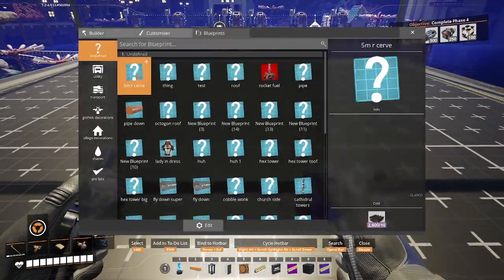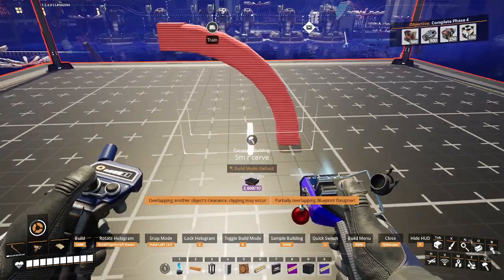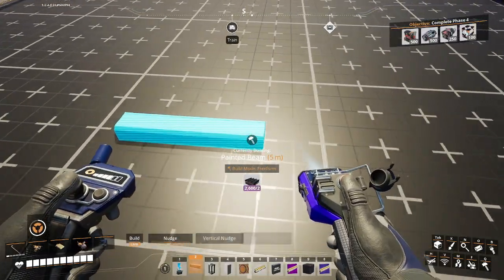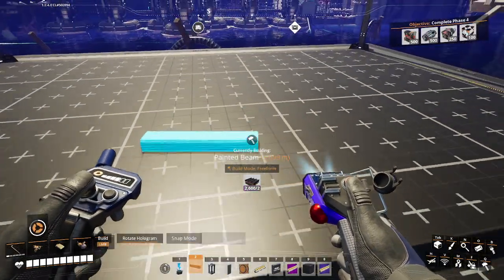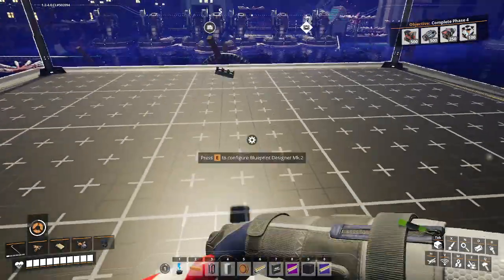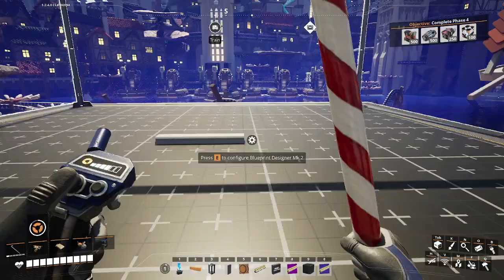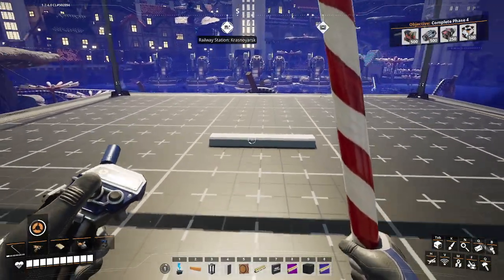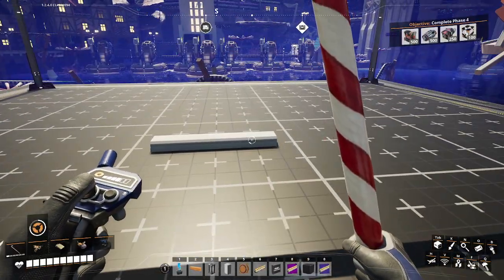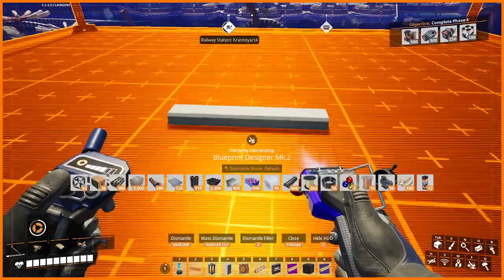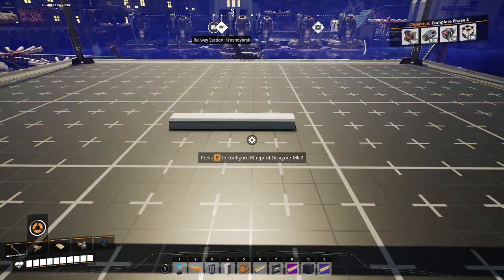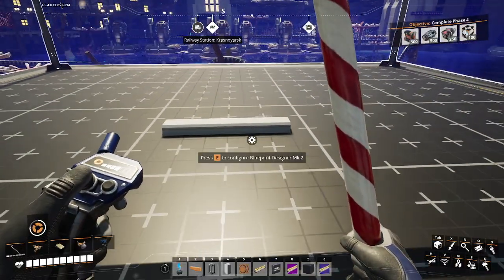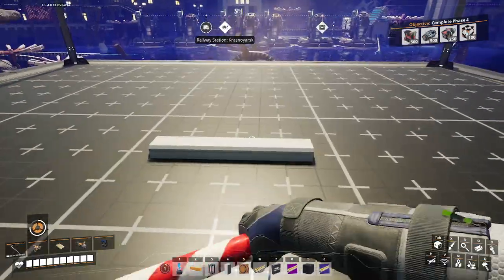But once you have your 5 meter radius curve, let's say I want to make a 6 meter wide window. When you're doing a window, if I'm doing a 6 meter curve window, the rule of thumb is halve it, then add 1, and that's the minimum that you can use in your curve. So for this,